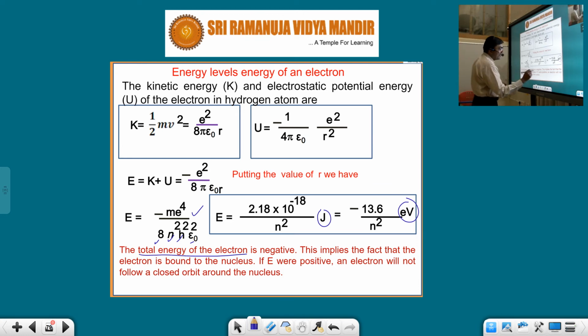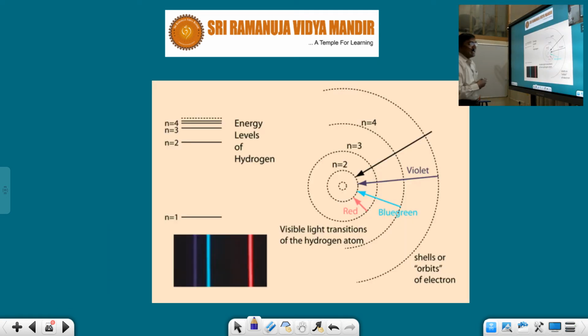So why energy is negative is very important. Here it is coming minus. Why is it coming minus? Because the electron is bound to the nucleus. Agreed or not? For example, if the electron is far from the nucleus, there is no attraction. Listen very carefully, it's a very important point. When the electron is taken far from the nucleus, the attraction is 0. That means it has no energy, I mean, it has no sign. Now when you bring the electron near to the nucleus, attraction increases. That's why you are getting a negative value. This negative value is due to attraction.